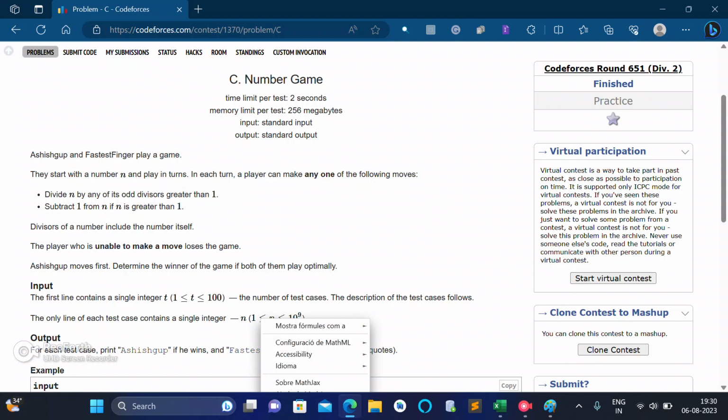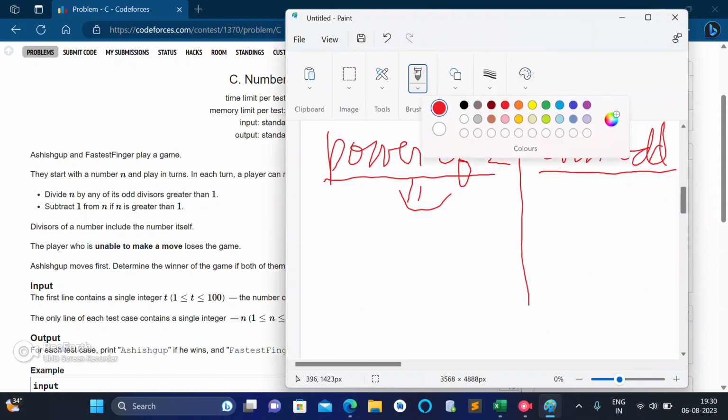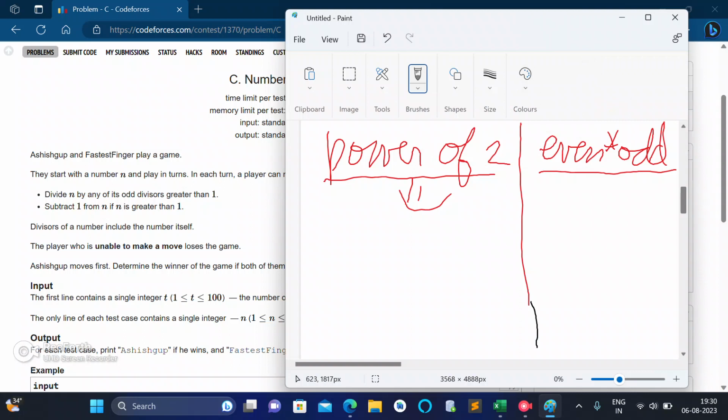Here you can see that n is given to us to be 10 to the power 9 only. So I will tell you two ways to check whether the number is a power of 2 or not. First, we will apply a little basic bit manipulation. Let's say, how can we represent 8? We can represent 8 as 1 0 0 0.